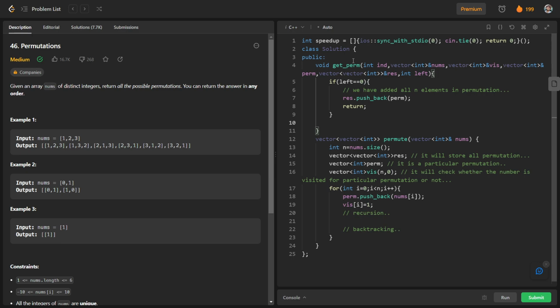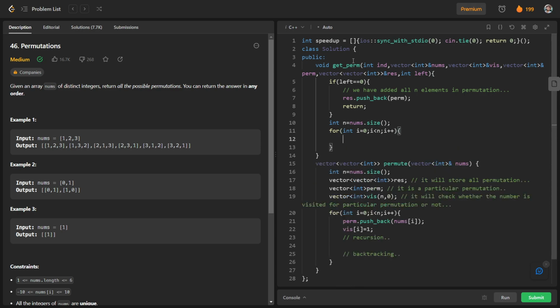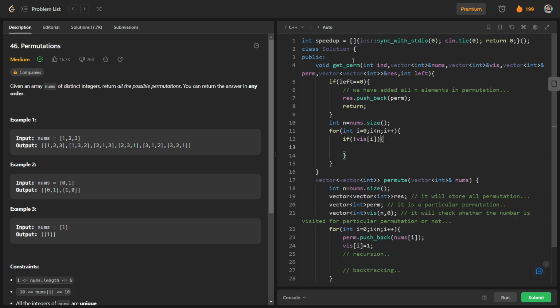iterate all numbers of this array. So we will have our n is equal to nums dot size, and we will iterate over all index. So for int i is equal to 0, i less than n, i plus plus, and if the particular index is not visited, so if not visited of i, we can choose that number and push back that number in our permute vector.